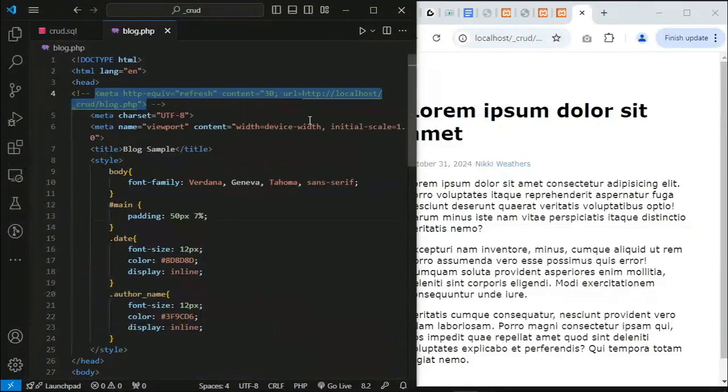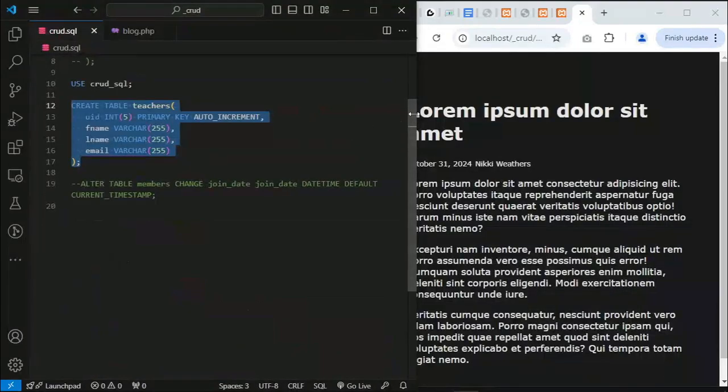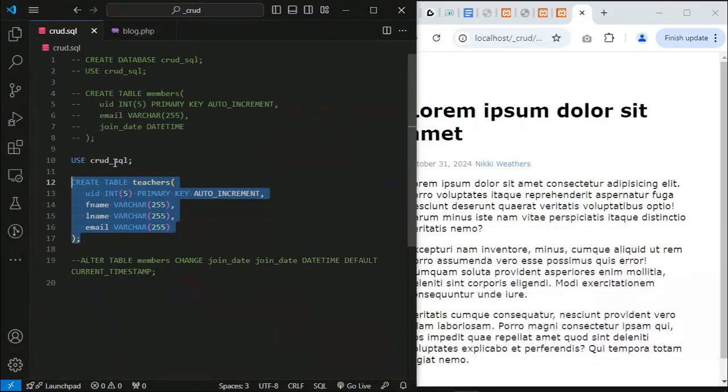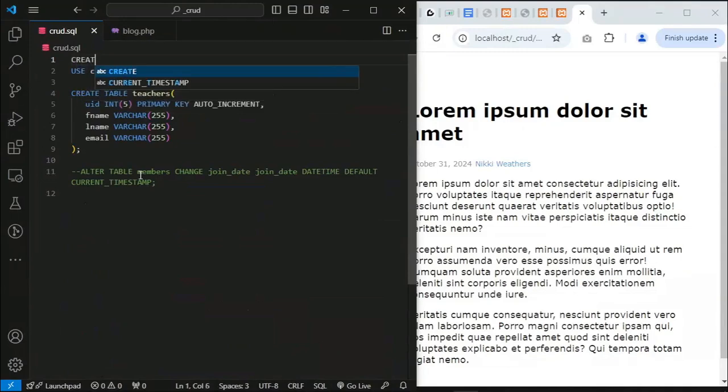I just commented out my refresh, and I have this CRUD file that I used to create another tutorial, so I'm going to be using the same file. First I'm going to delete the comments right here, and we're going to create a new database. So create database, and I'm going to call this blog simulation. Then we're going to use the database blog simulation